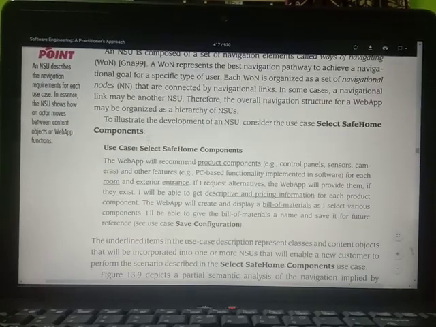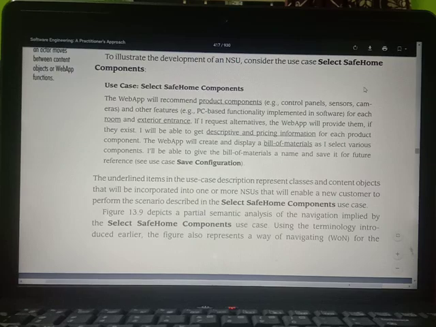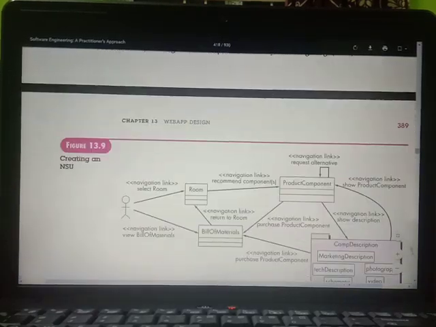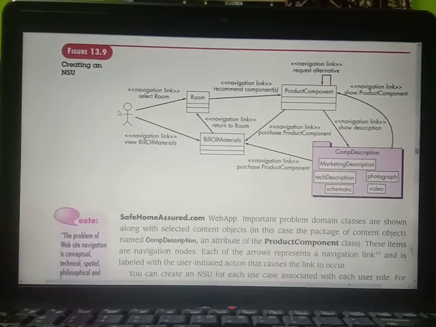To illustrate, let us take the same SafeHome software into consideration, that is, consider the use case, select SafeHome components. Here is how we are going to create an NSU for the given SafeHome example.